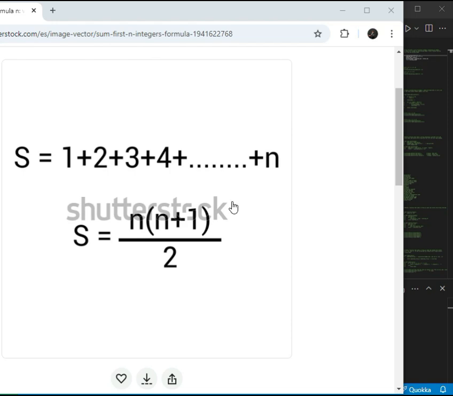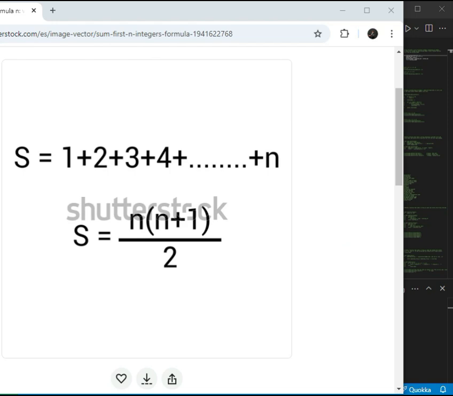The numbers from 1 to n constitute an arithmetic series where the first term is 1, the last term is n, and the number of terms is n. So this formula is important for finding the missing number in a list of integers, because it provides the total that should be present if no numbers